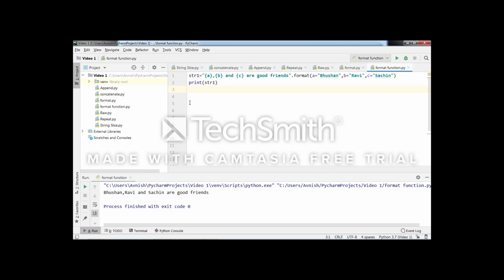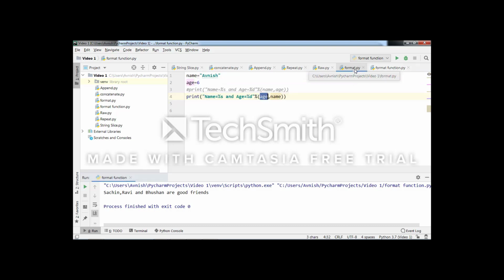In the same way, we can also change the sequence. Suppose I make c first, and I will print Bhushan at last. See, Bhushan is last in this particular string. In this way, we can use format functions.